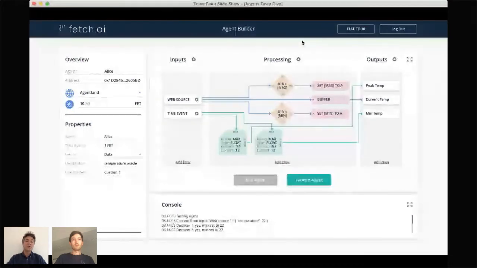And if they want to customize it, then of course they can go into the agent builder to see this stuff in more detail. And we think this ability for anyone and everyone to be able to create and deploy agents and get the value from doing so is extremely important in both building the agent population and also seeing some of the amazing novel solutions that can be built with this technology.